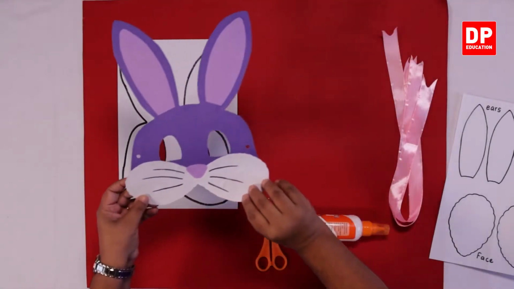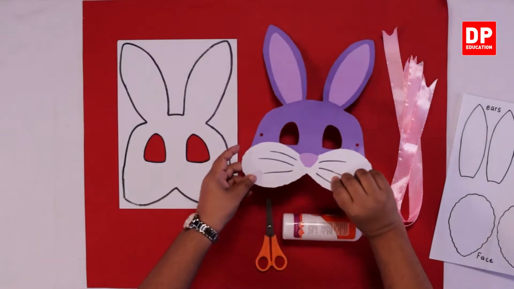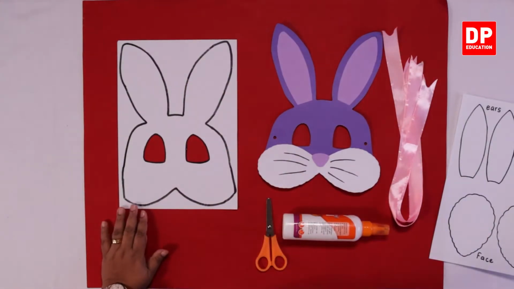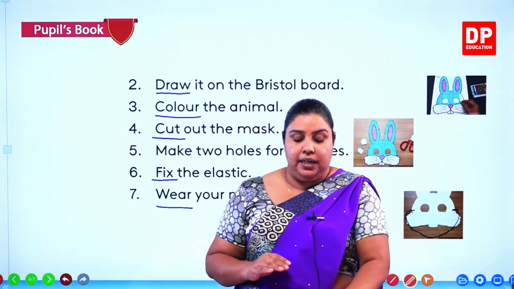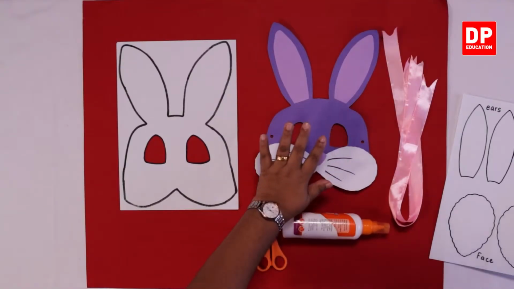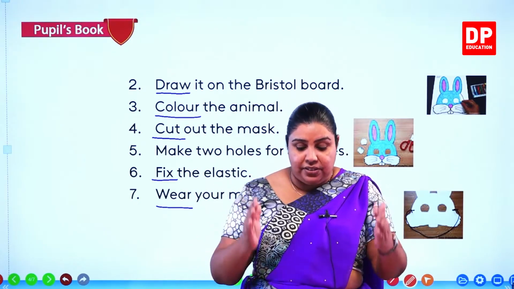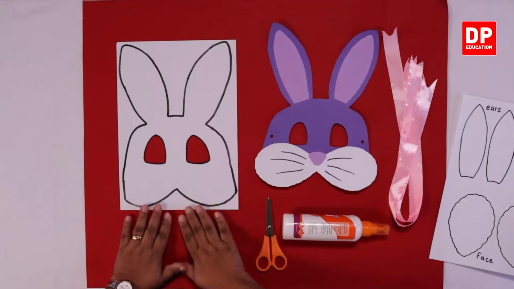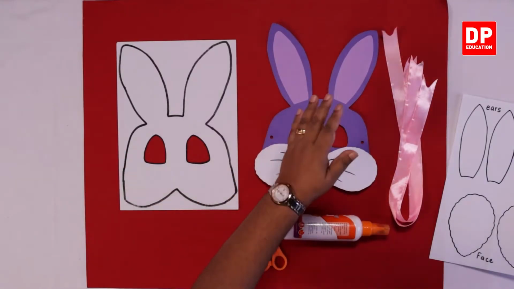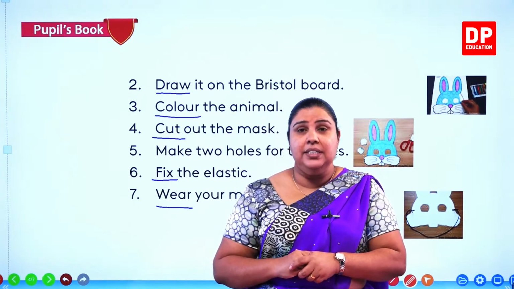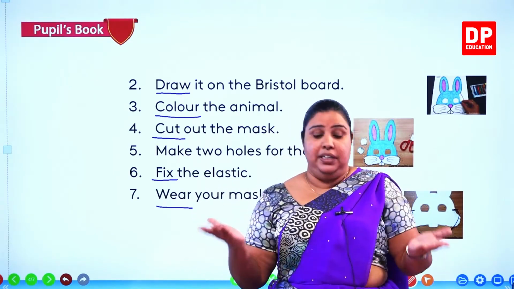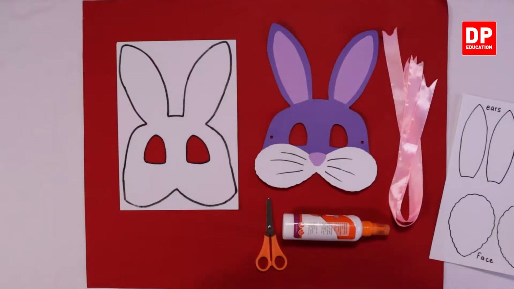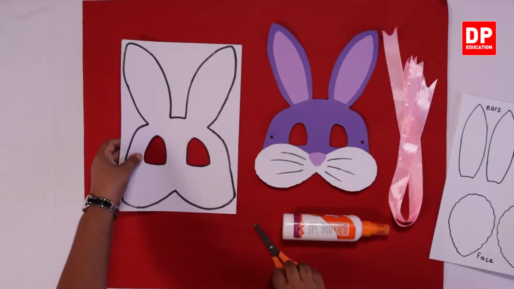So you keep whatever shape that you have selected and you have to draw it on the bristle board before you cut. Right? Now you have to keep it on the bristle board, draw the shape nicely. Then what do? Now I want you to take colored paper or colored bristle board so you don't have to color. So you can straight away, because I have shown you white paper, maybe you can choose a purple color or a brown color, any color of your choice, an A4 board or a bristle board of a different color. So now I have drawn my little face on the paper, and at the same time I have 2 holes for my eyes